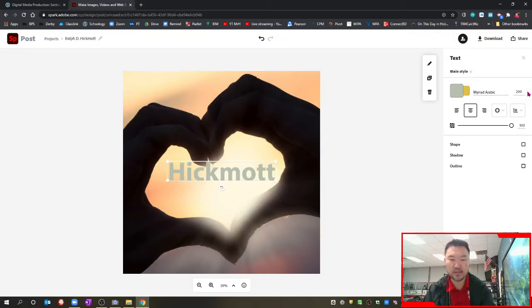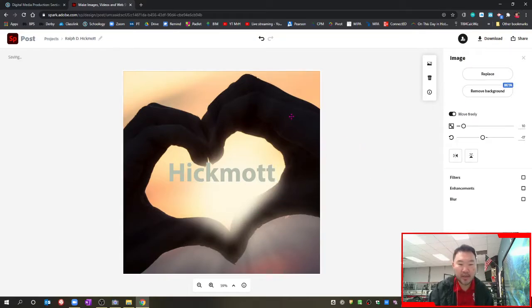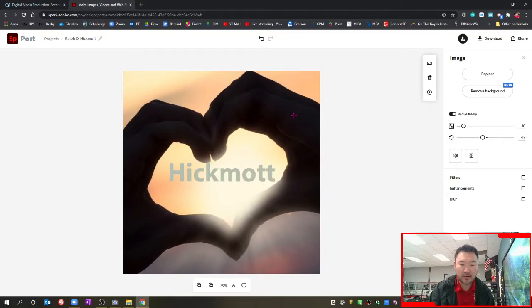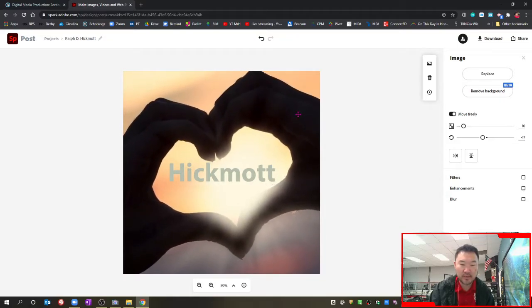So those are things that you will learn as you're working through this, so what sizes work and what sizes don't. So there we go. It's fairly decently aligned, okay? I'm actually going to go back to my background and move it slightly so my name is a little more proper, okay? And I know the colors aren't perfect yet, but